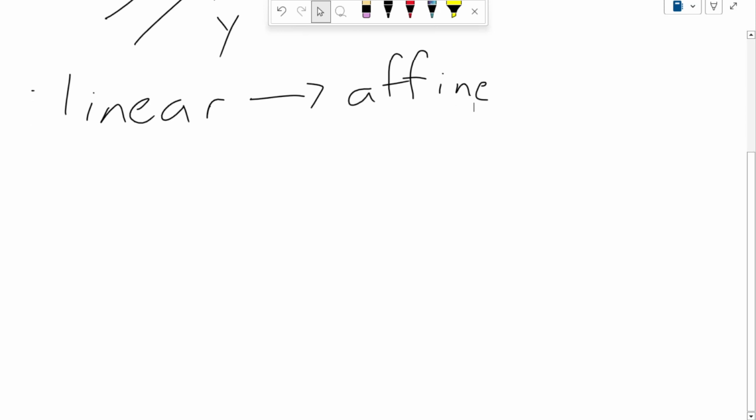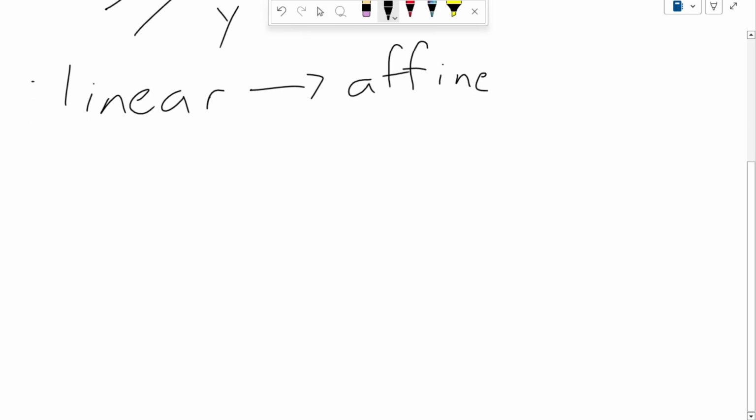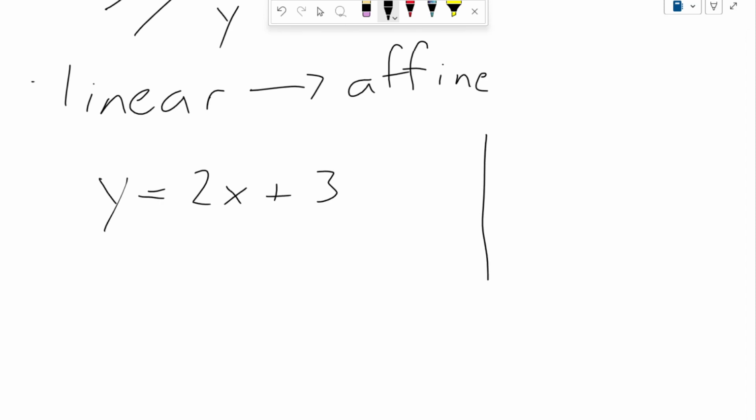So let's think of a concrete example real quick. If I have the line y equals 2x plus 3, right? It's going to pass through 3, and it's going to have a slope of 2. So it might look like this,